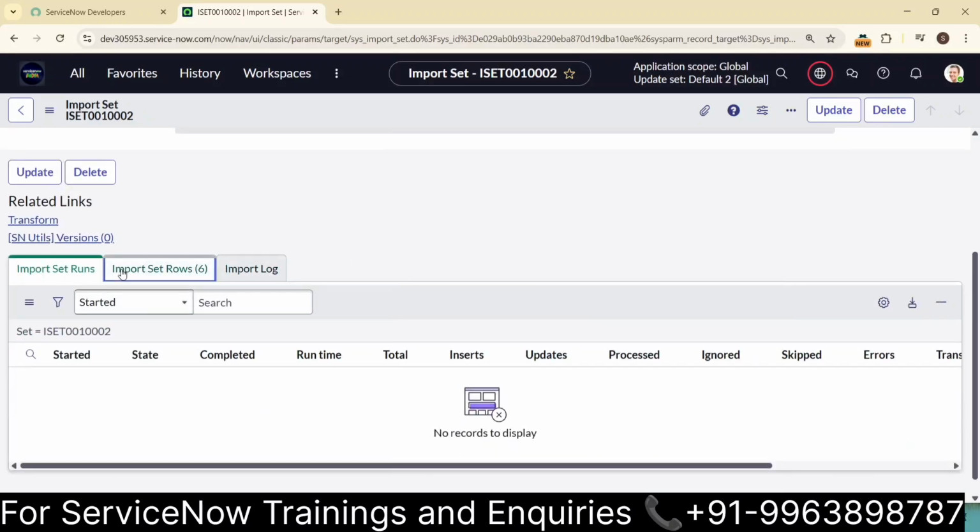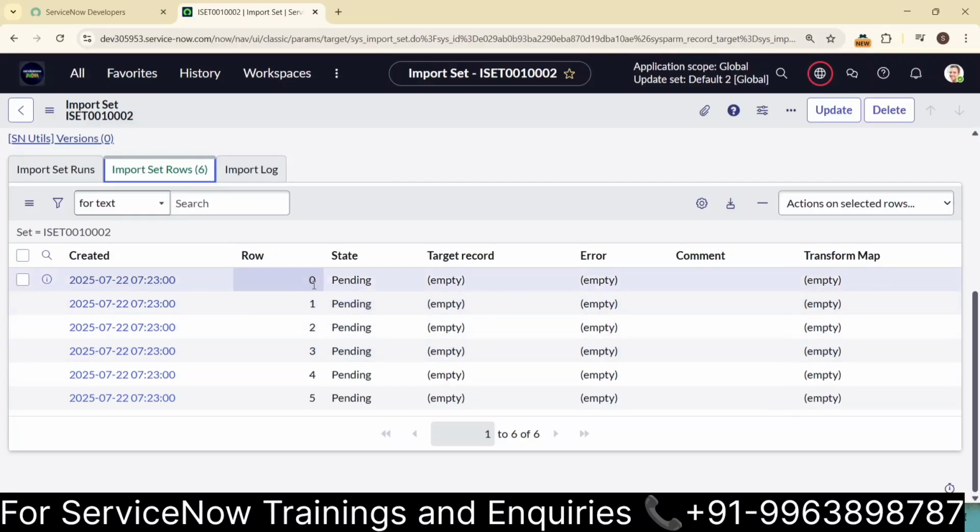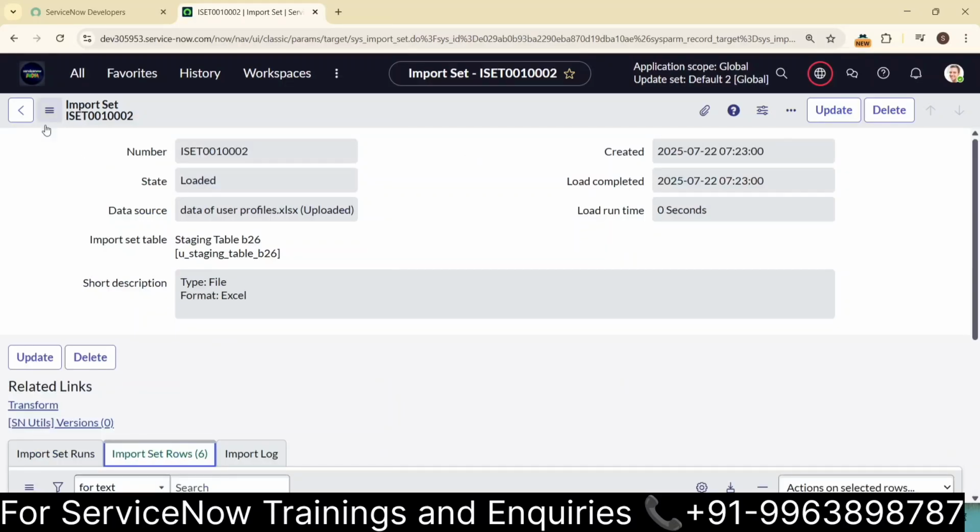And you can see these are the import set rows here: 0, 1, 2, 3, 4, 5. Combined, these are 6. And if you come back,